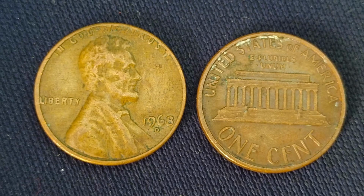And each of these factors alone might elevate a coin's value into the thousands, but together they create the perfect storm for a multi-million-dollar masterpiece. And this is why the 1968D penny has earned its legendary status and continues to be a coin that collectors dream of finding. And while most 1968D pennies are common,